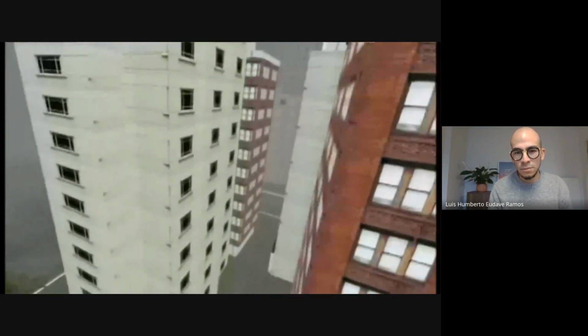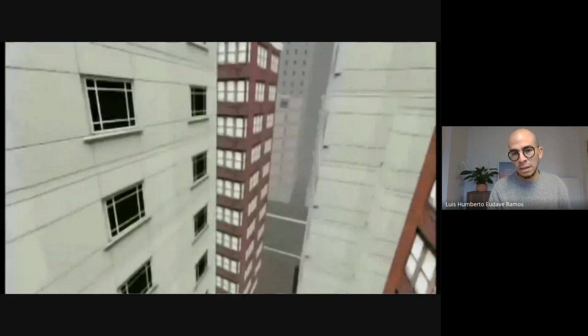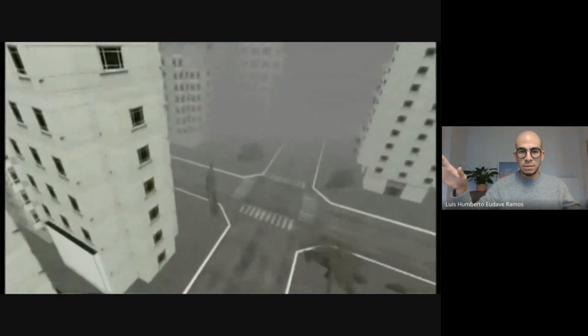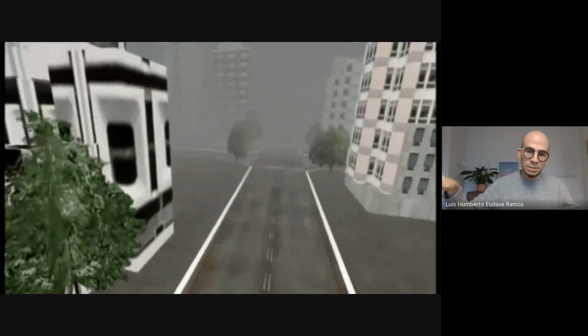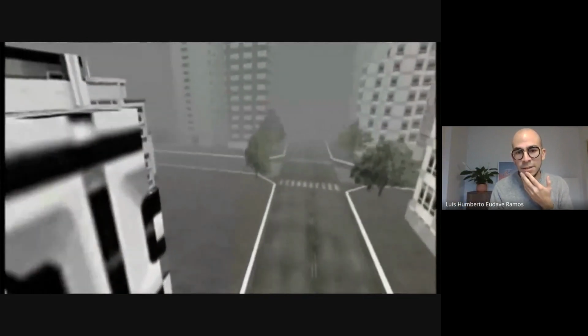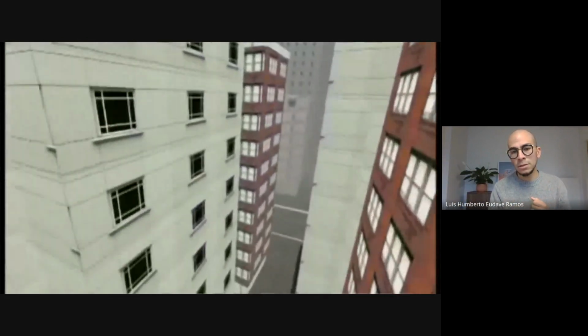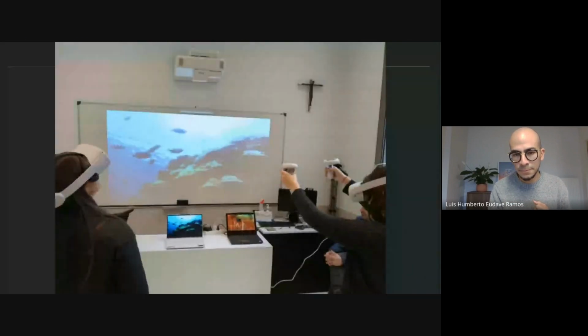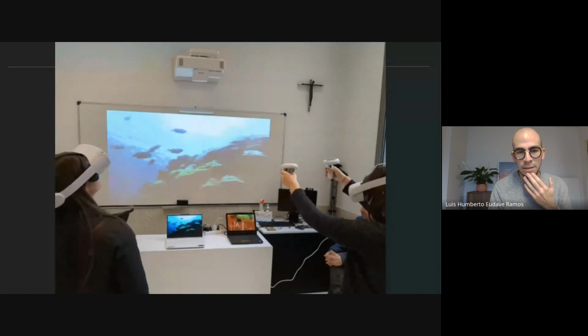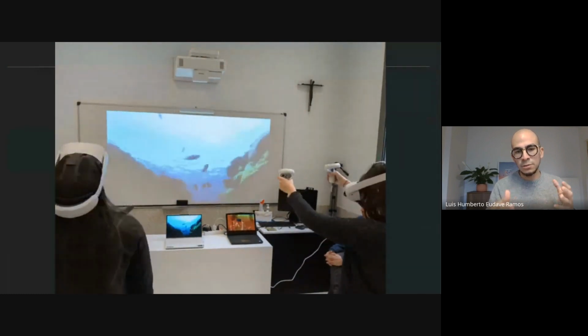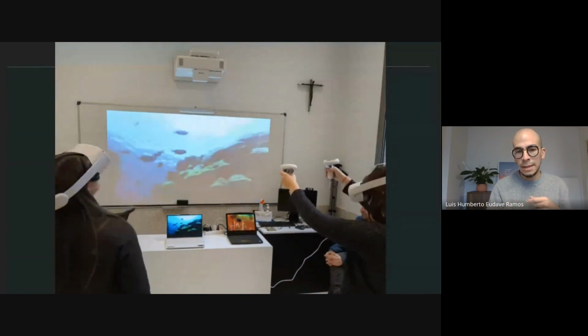So they had to learn how to fly over the city in virtual reality. So it looked something like this, right? They learned that moving their arms in some way made them go down or up or faster or slower. So they learn how to fly, and then they have to look in the city for this lost kid. And this is another experiment about climate change, where they get to explore the bottom of the ocean and do